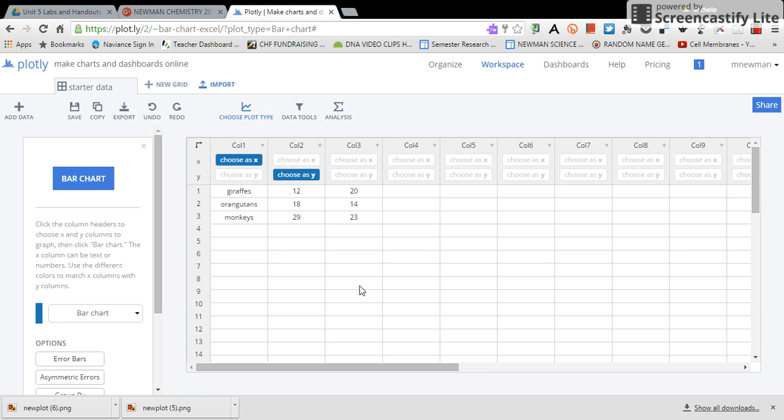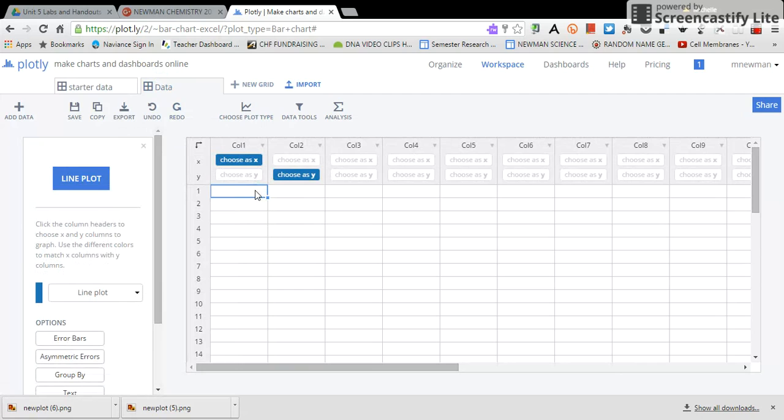This is a video on making a graph, range versus launch angle for the lab marble launcher using Plotly. Start with making a new grid and typing in your data: 0, 10, 20,